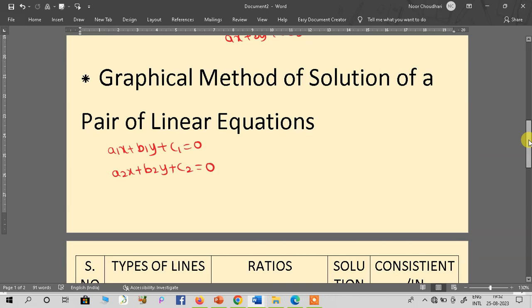We take these two linear equations and find their values and graph. So what do we mean by the graphical method of solution of a pair of linear equations? Before we understand it, if I represent these two equations in a graph,